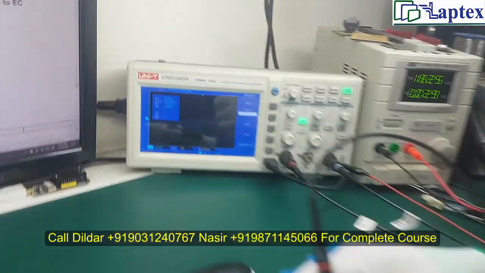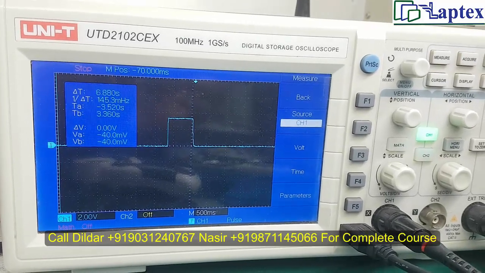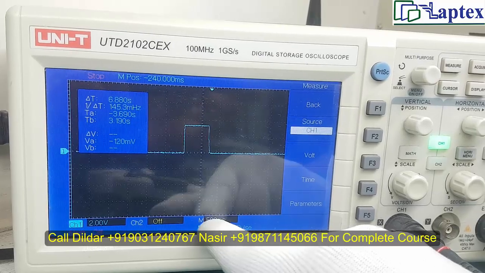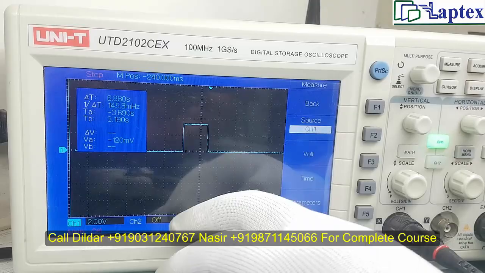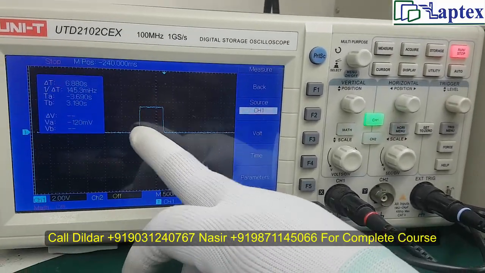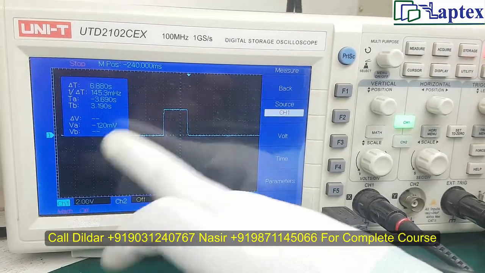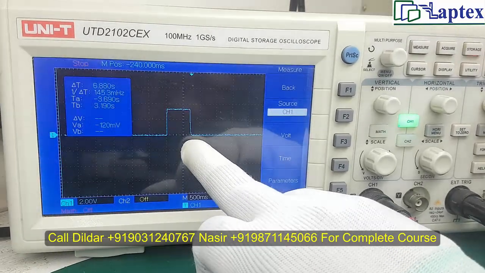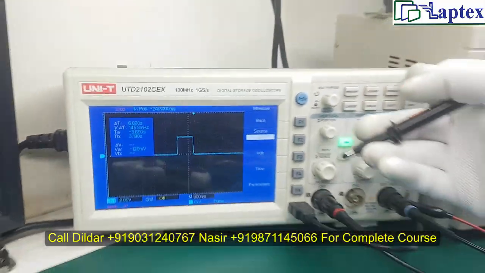Now see the 3.3 volt condition, the same thing, but it is taking much more time. So in this way, it is around 600 to 700 milliseconds. As you know very well, 5 volt is generated first and then 3.3 volt is generated in the motherboard. So the time is slightly bigger than the 5 volt, and the falling condition is good, no exponential fall down. So we can say that 3.3 volt is not having any problem.